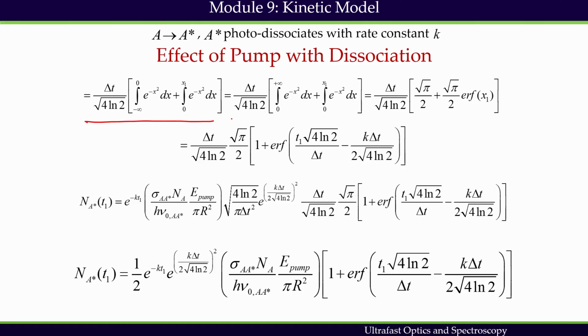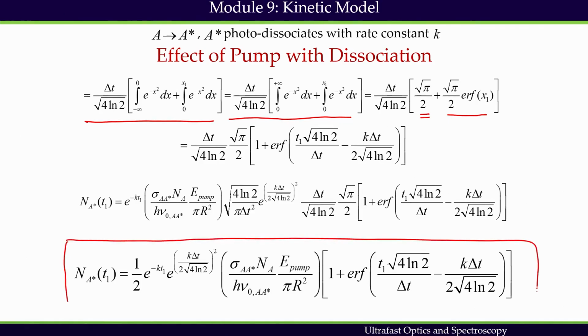And this expression is rewritten here, and because it is a standard Gaussian integral, we have written it here, and this is nothing but the error function. So, finally, after doing these integrations, we get an expression for the build up signal of Na star